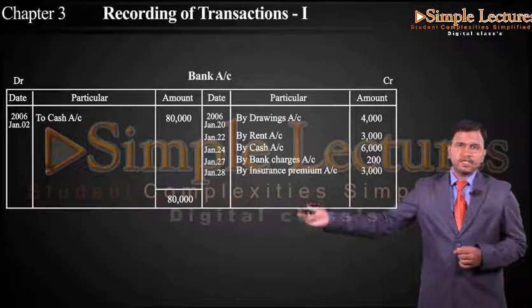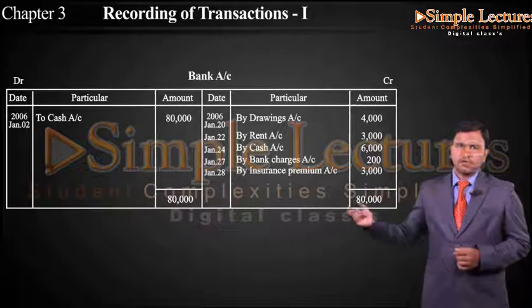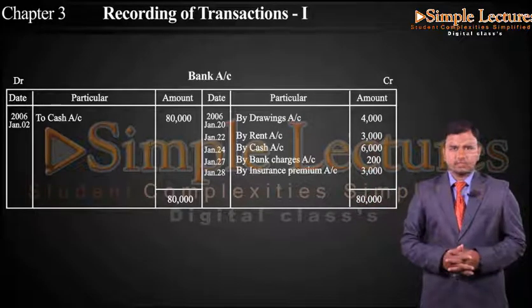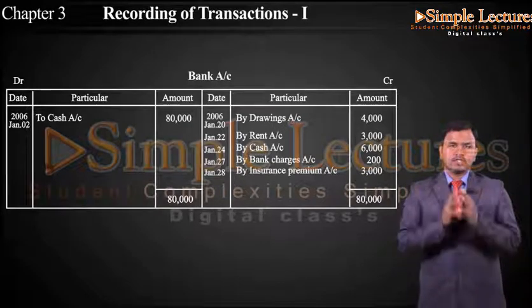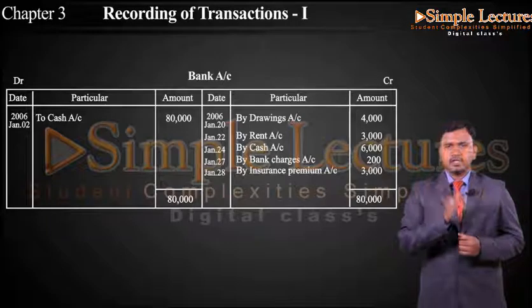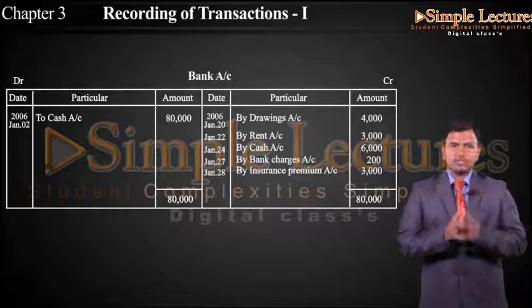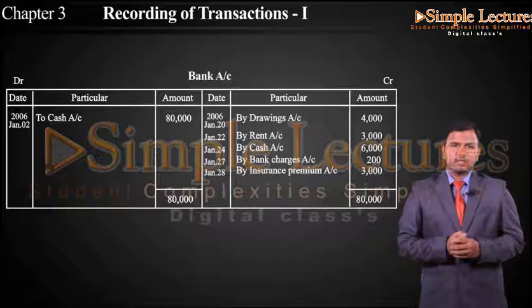80,000 in the debit side, and in the same line in the credit side 80,000. Now from 80,000 we are going to deduct all the above entries: drawings 4,000, rent 3,000, cash 6,000, then bank charges 2,000, and insurance premium 3,000. Once we deduct all these entries from 80,000, the balance will be